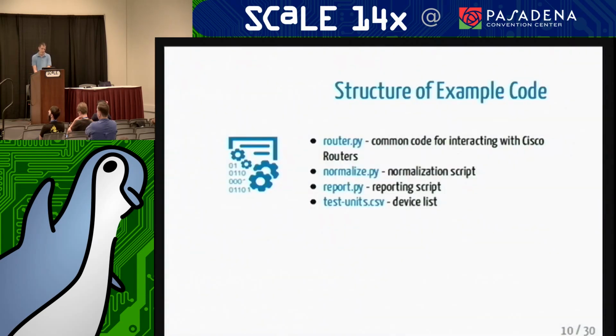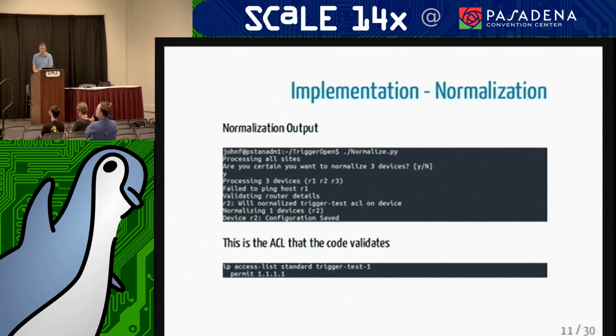Inside the example code, we have 4 critical files. So we have router.py, which has the core logic to this system. There's normalize.py, which is a script which actually will perform a normalization on a device. Report, which is a reporting script. And I have a device list with 3 routers with highly traditional names. So if we look at how that is,